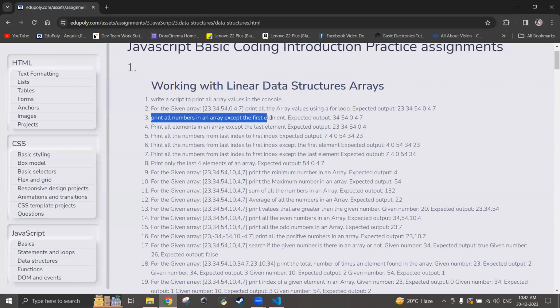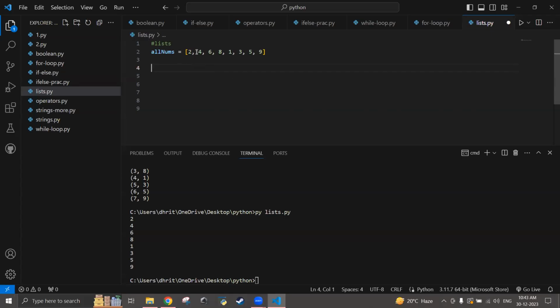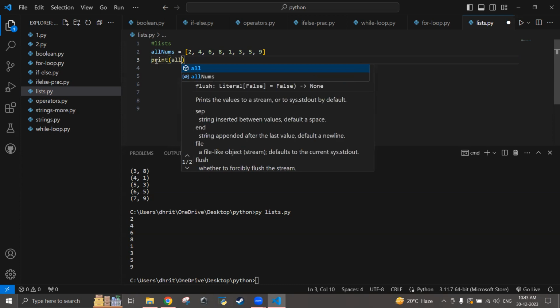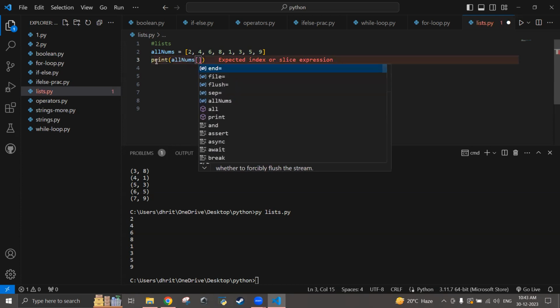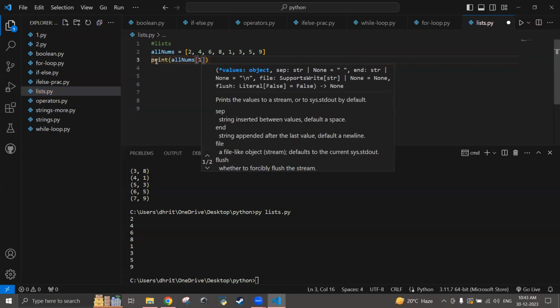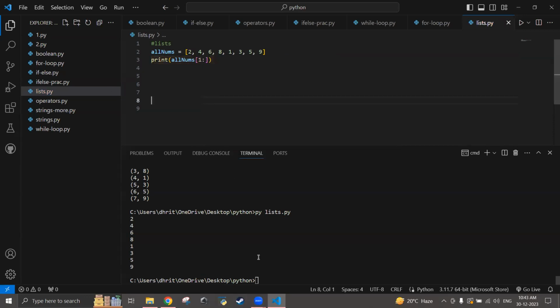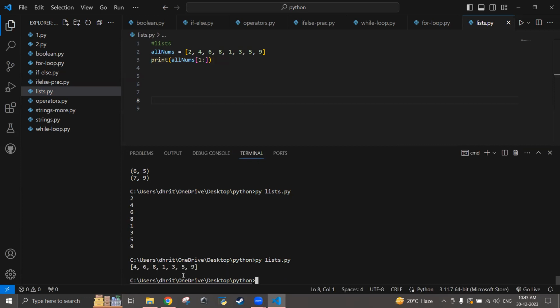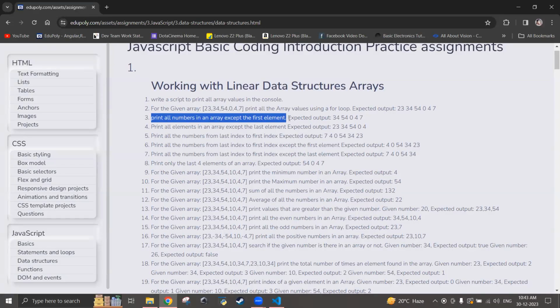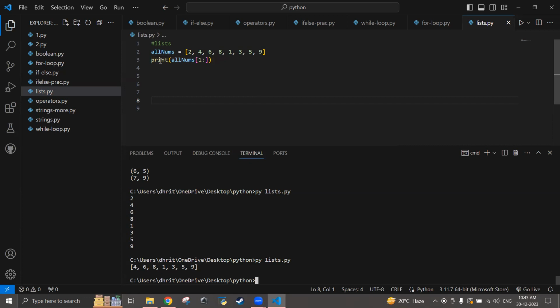Print all numbers except the first element. What do we do for that? Print all numbers in a list except the first element. I want to print from 4 to 9, not everything. This can be done in many different ways. If I print all nums of 1 colon, it will print a list which does not have the first element. But if your requirement is to print one by one, not as a list, then